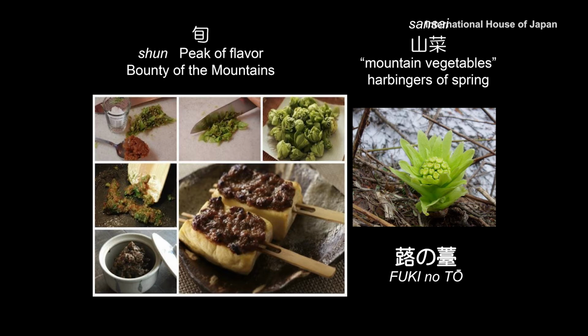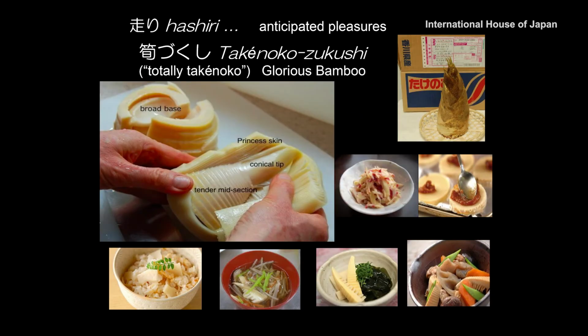And it's delicious. It'll keep for quite a while so that you can enjoy that moment of shun a little bit more extended than you can actually find it at the market. So there are a lot of foods where the Japanese will take shun, they'll grab the moment, that peak of flavor, and it's not so much preserving it as capturing it and being able to enjoy it a bit later in the season. And then there's hashiri, which is this eager anticipation, I can't wait for takenoko to come